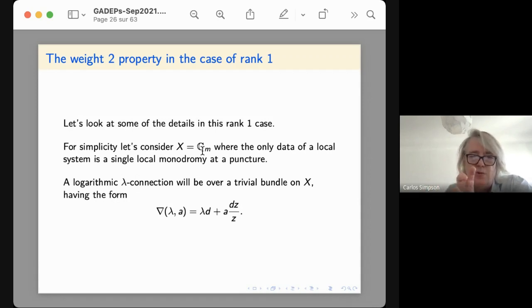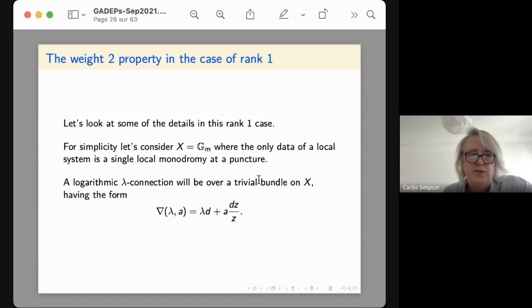So let's look at the case where X is G_m, which is to say, it's P1 minus 0 and infinity. So X is just the simplest open curve that has a non-trivial cohomology. Of course, if we remove only one point from P1, then it's contractible. So if we take P1 and remove 2 points, we get G_m. This has a non-trivial H1. It has a non-trivial loop in the fundamental group, which is just the loop that goes once around that